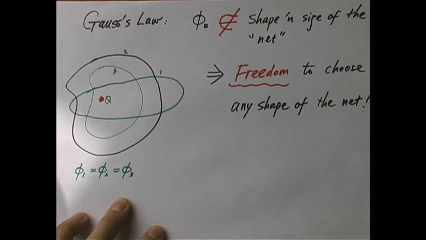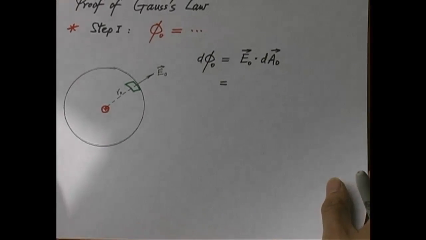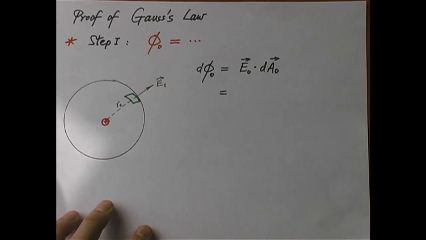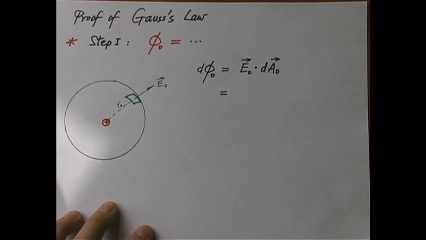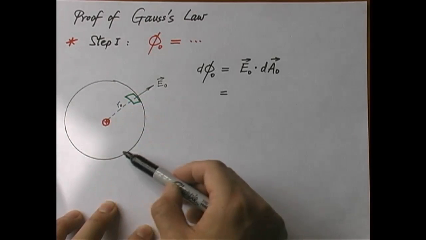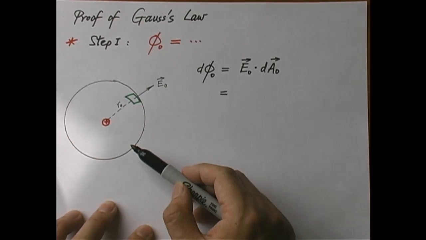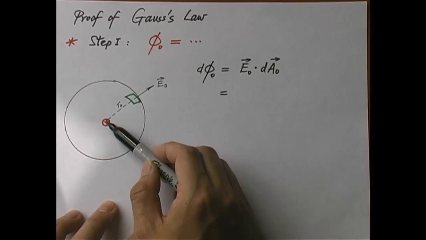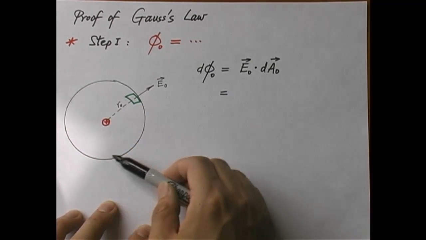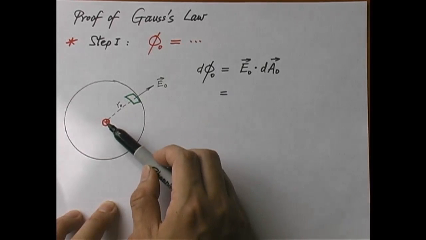So let's prove so-called Gauss's law. We are going to go with several steps. Okay, it's 3 steps in fact. Step 1. We're going to look at a special Gaussian surface or special net. Okay, this is a net surrounding a point charge. So the net we're going to use this time is a spherical net centered at the location of that single